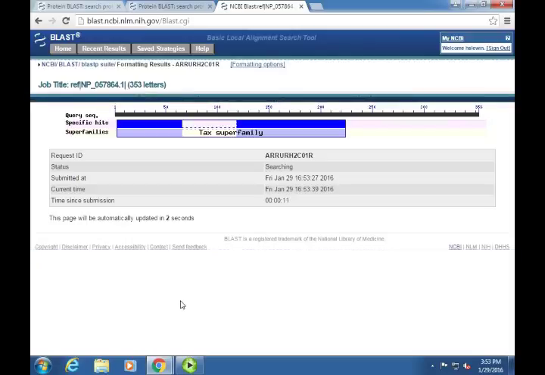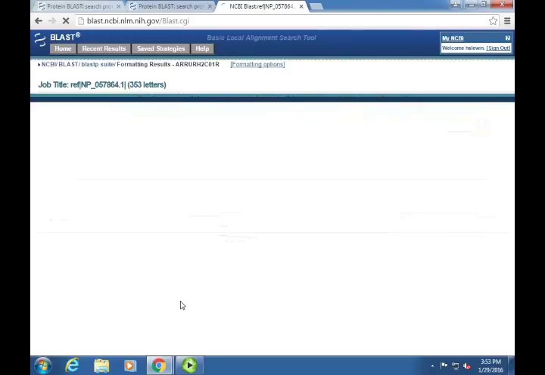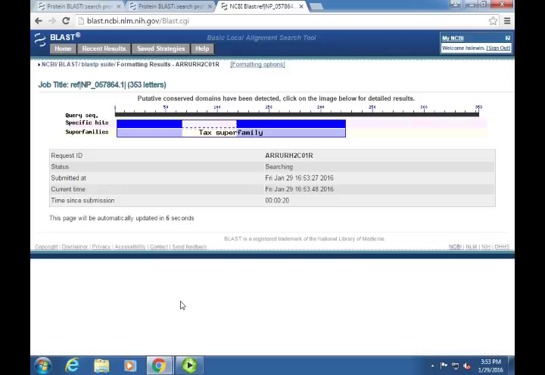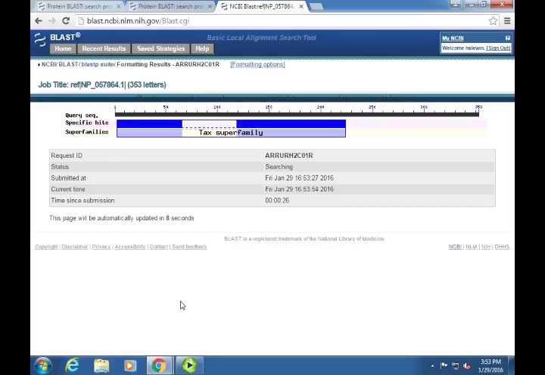You can run blastp with the limitation that you only want to see things that have X-ray crystallography structures or solved structures as well. That's in